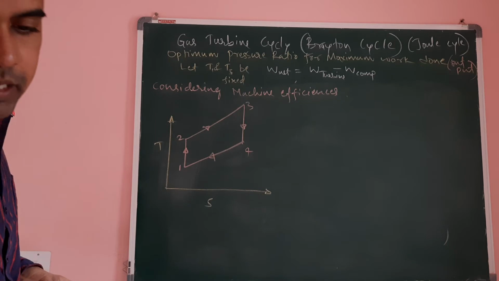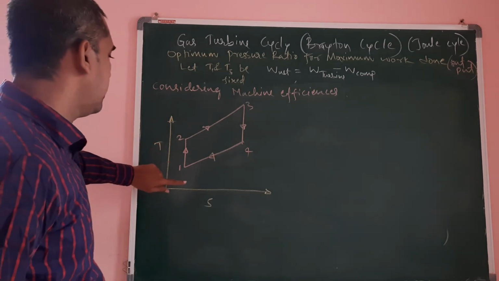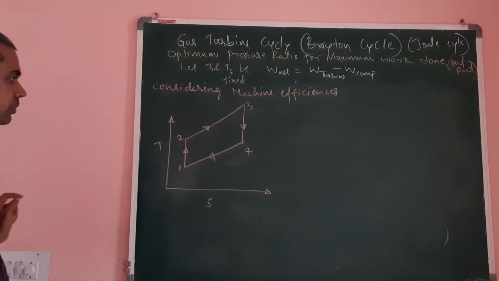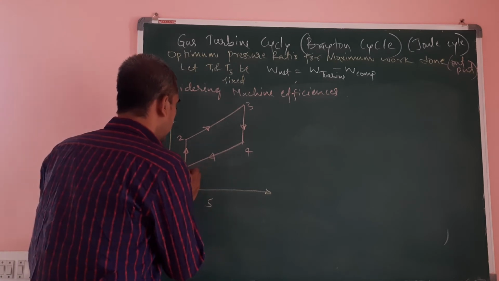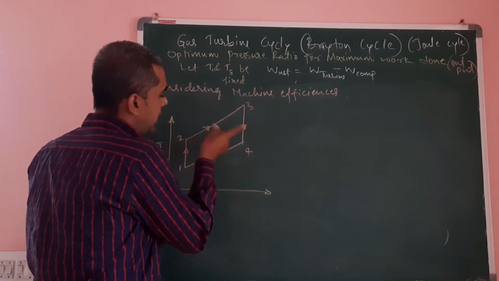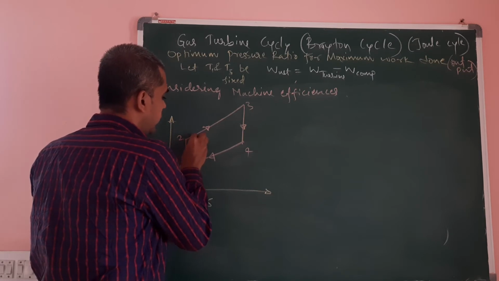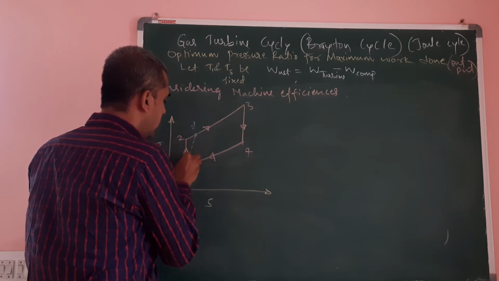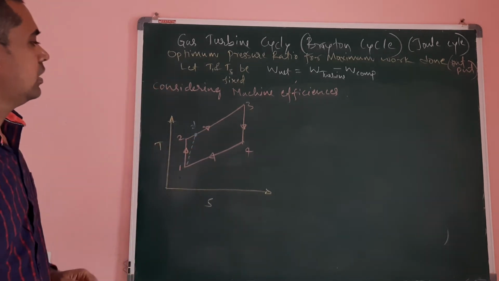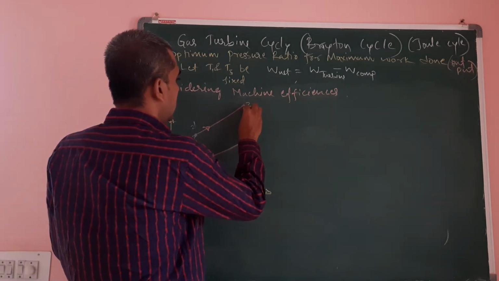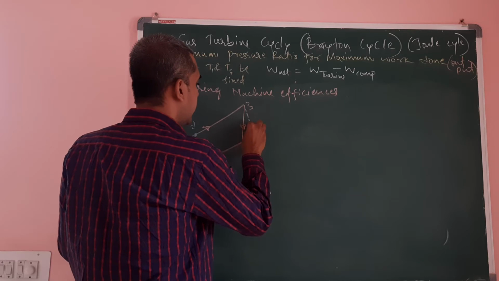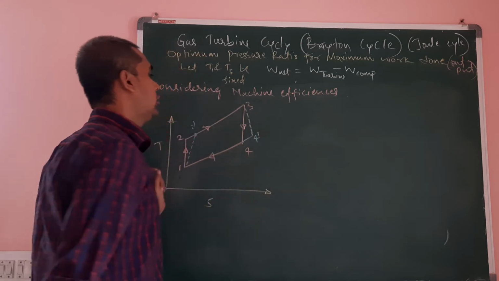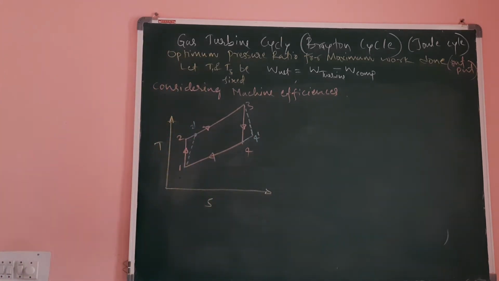If it is an ideal cycle, an ideal process, then 1 to 2 is isentropic compression. But if it is an actual process, there will be an increase in entropy, therefore the end point will be on the right side of 2, so I will call it 2 dash for the actual process. This 1 to 2 dash, which I am showing with a chain line, is the actual process. Again, for the turbine also there will be an increase in entropy, therefore 3 to 4 dash is the actual process.